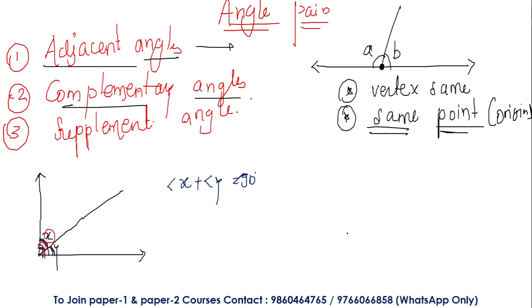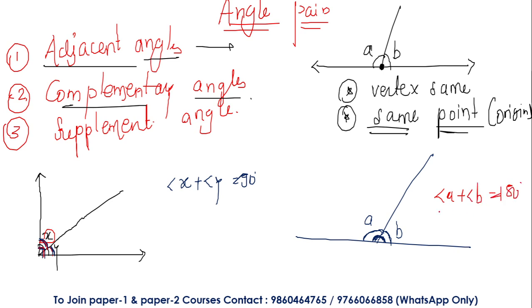But in case of supplementary angles, I take an example, like for example this is the angle A and this one is the angle B. So we know that the complete angle is 180 degree, but angle A should be less than 180 degree, angle B should be less than 180 degree. But if I take summation of both the angles, that is angle A plus angle B, this will give me total equal to 180 degree. Okay, this is how you solve. So just understand what are adjacent angles, what are complementary angles, what are supplementary angles.